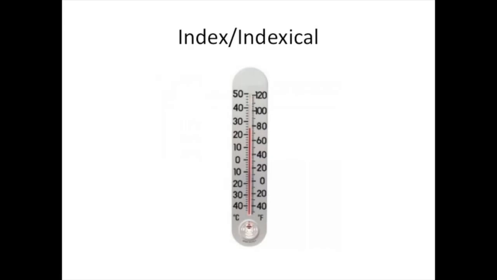And then finally, we've got the index or the indexical. So you've got a thermometer there, and it shows both Fahrenheit and centigrade or Celsius. So if you look on the left-hand side, you see the 0 Celsius. That's freezing. Well, over on the right-hand side, that's about where 32 is. So 32 degrees Fahrenheit equals 0 degrees Celsius equals freezing. And then up at the top, you've got 120. That's the boiling point of water in Fahrenheit, and that is 50 degrees Celsius. Well, that doesn't seem quite right because I thought 100 degrees Celsius was the boiling point of water. So there might be something a little bit off here.